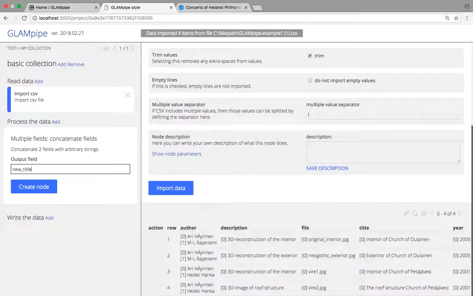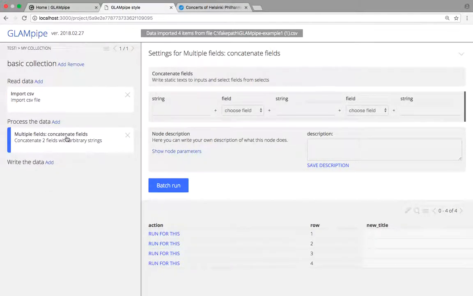GLAMpipe never modifies the imported data. So when you add a new node, it always creates a new output field or fields. When you delete the node, it takes these created fields out of the system. So when you delete the node, the data is intact. So I create this,